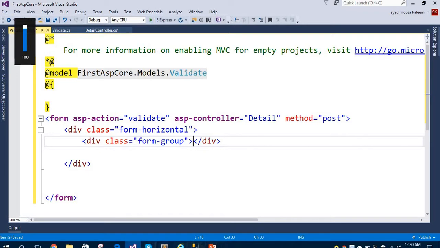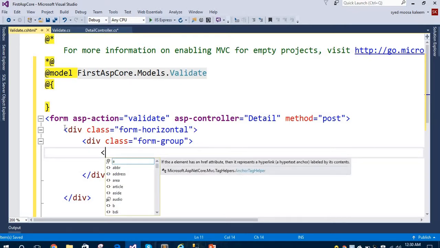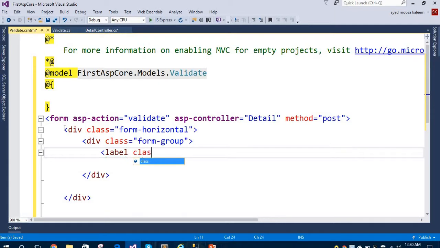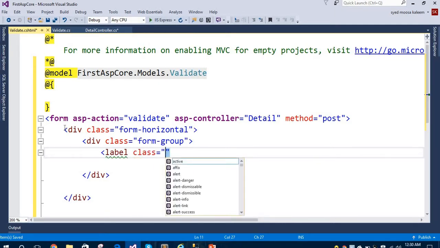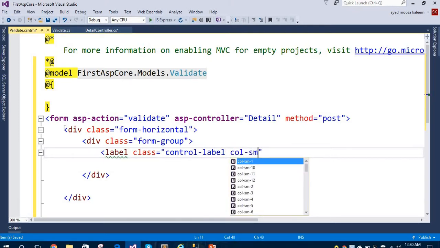I am taking this form group and in this I am taking a label, class, control label, column sm2. I am taking this for